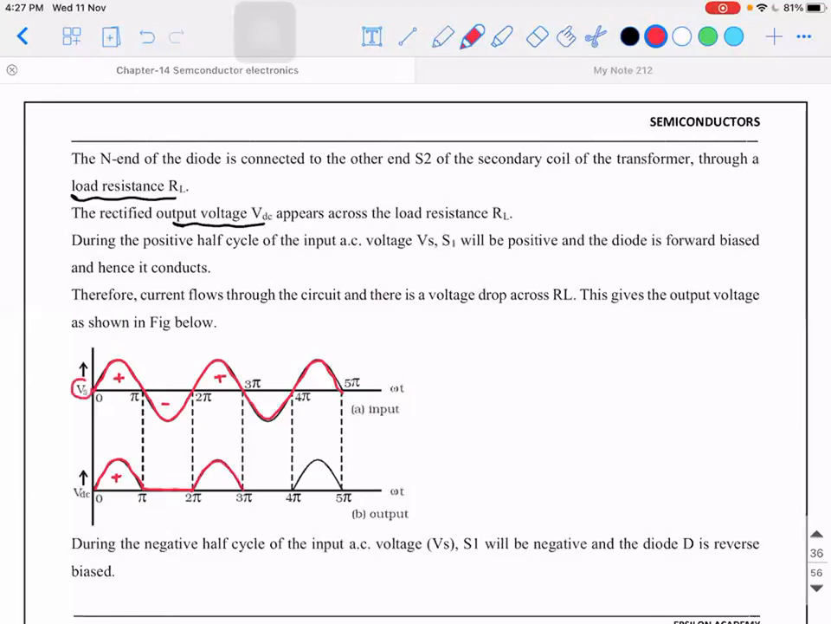So this is the voltage across the secondary coil, and this is the voltage that is appearing across the load resistance. So what has actually happened is